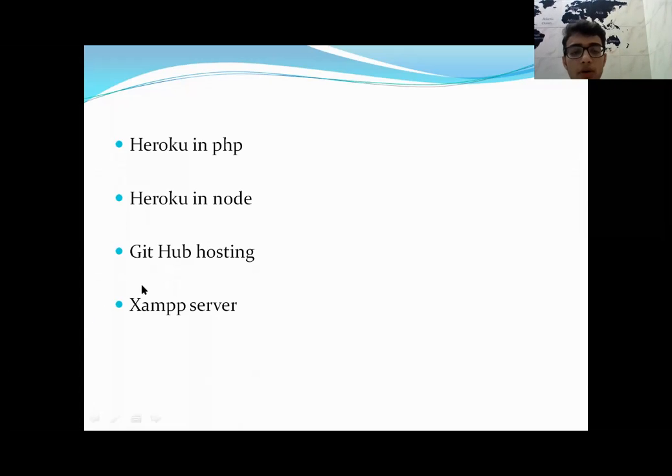And what is a XAMPP server? It is a server which you install on your laptop, on your PC. So you can start the server and it generates a particular link which you can share with your friends. And that link is valid only for 7 hours. After 7 hours, it automatically goes off. Or if your internet connection is down on your laptop or your PC, the connection is automatically cut and the person cannot view it.